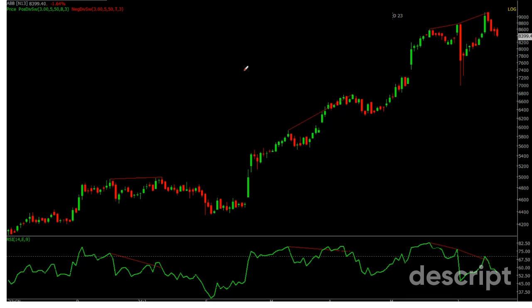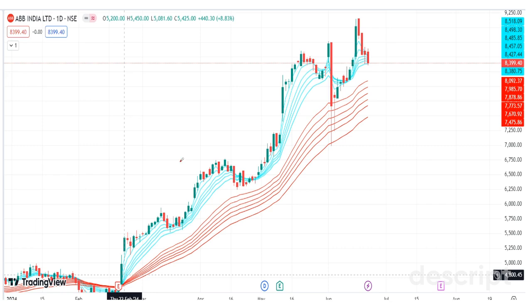The first chart we see is ABB. What a fantastic chart. We can see a classical divergence over here. The price is making a higher high, the indicator is making a lower high. So with this knowledge, how can we pull money? Let's go to one more indicator called Guppy. Guppy is an indicator where it's simply putting all the EMAs.